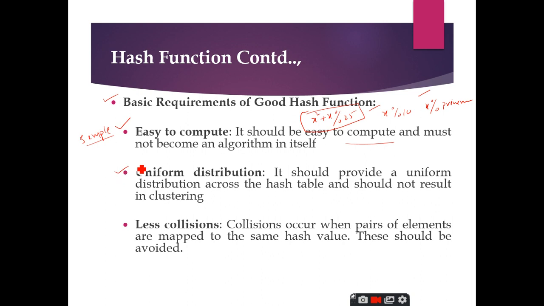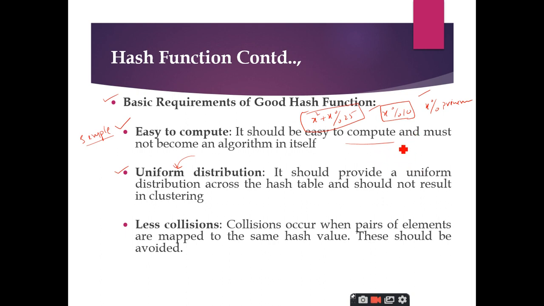And the second important requirement for a good hash function is that the functions which we have defined should distribute the values uniformly, right? So when I use this hash function, it should distribute. Whatever keys that are generated, they should be unique, right? But it is not always possible to generate unique keys all the time.